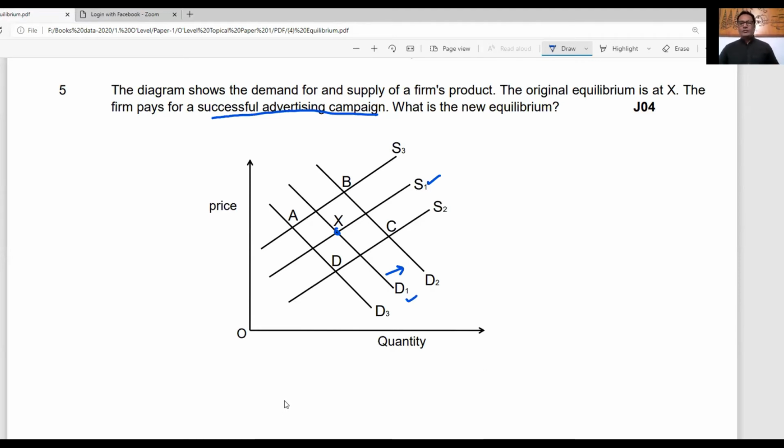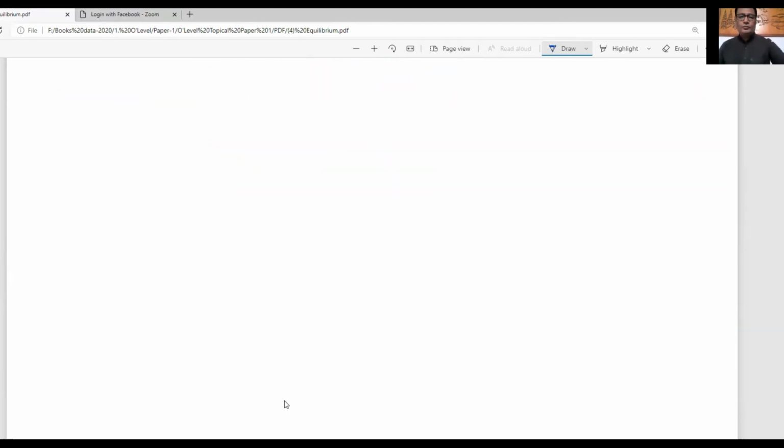demand curve shifts to the right. So new demand curve will be D2, and at the same time there will be decrease in supply, because if you are spending a lot of budget on advertisement, it means that budget will be withdrawn from production. If you are not using that budget to produce goods and services, rather you are advertising your business with that budget, then it means your production will decline and supply will fall. So new supply curve will be S3 and demand curve is D2. So D2 and S3 intersect each other at point B. So B will be the option. This is the correct answer. Okay, now moving to one more question.